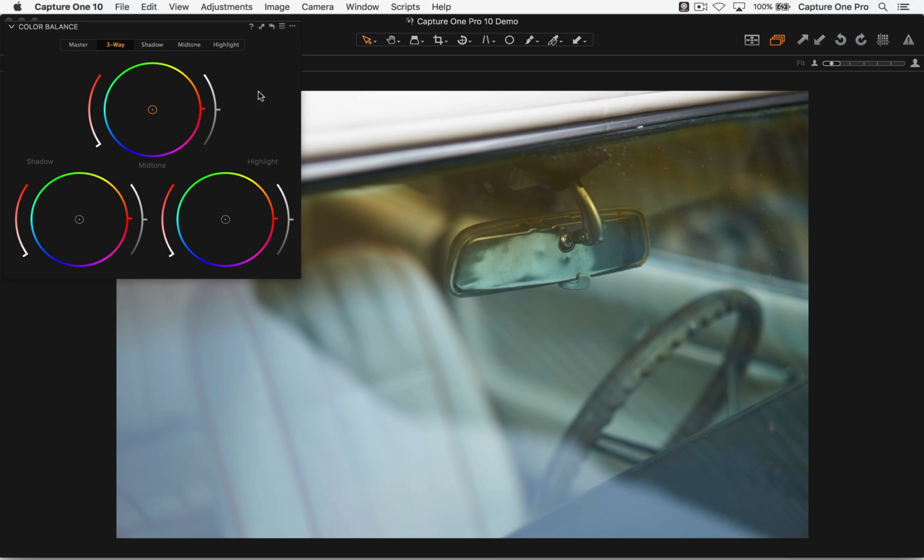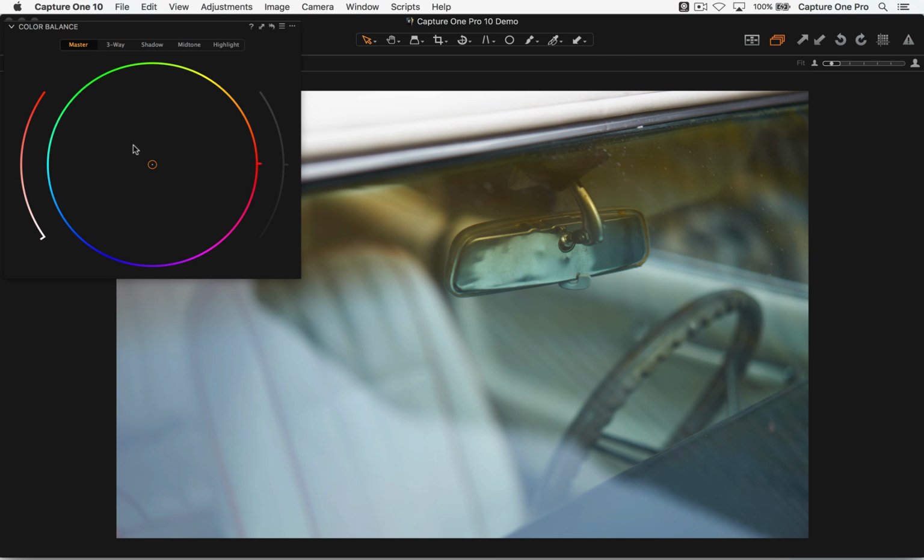So how does the tool actually work? Let's first of all deal with the master tab. The closest analogy I can give you to compare it to something physical is that the master tab is simply like putting some kind of colored filter in front of the lens at the time of capture, except now you've got all the possibilities of choosing any tint. If you grab the center circle and move that towards the color hue of your choosing, then that will apply that overall color tint or grade to the image.